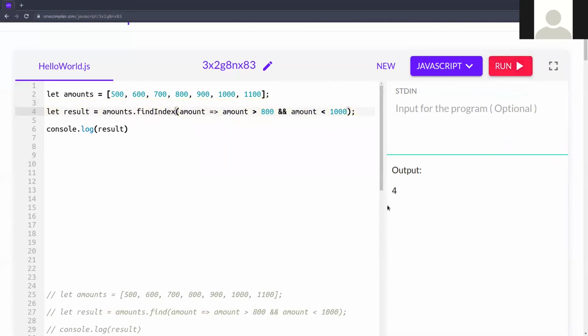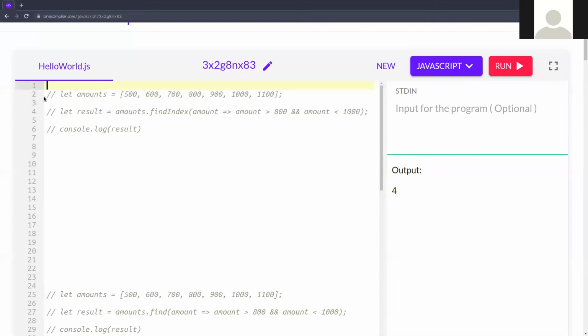So it will return the index number, which is 4. You can check that 900 is at position 4. So you can see 500 is 0, 1, 2, 3, and 4. This is the 4. So this returns the index number. This is the find index.